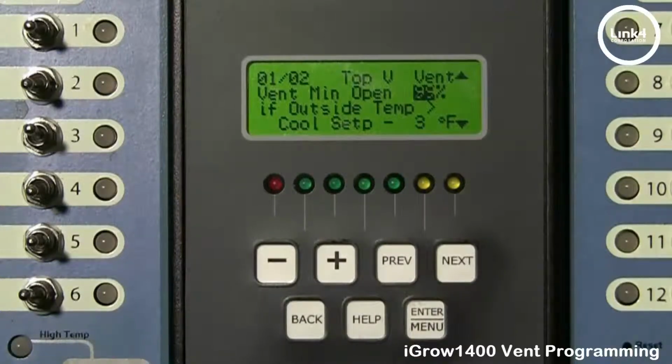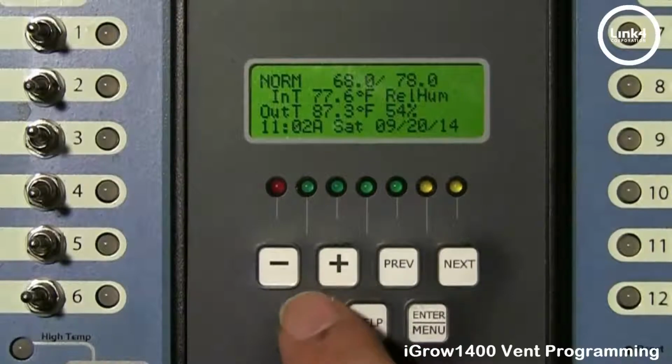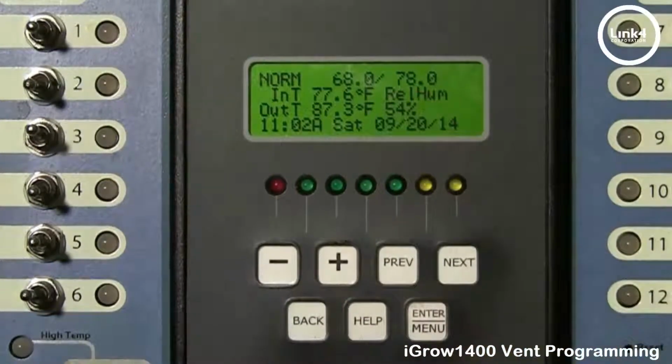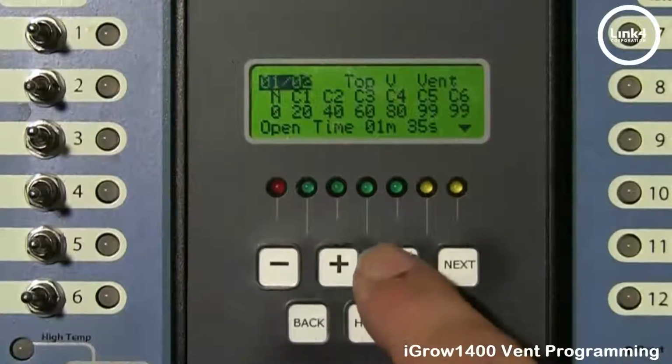Now, this feature helps improve efficiency by using outside air to cool the greenhouse rather than fans or pads. So for example, if we were to go to the home screen, and as you see, our outside temp set point is 78 degrees. Going back to this particular programming,